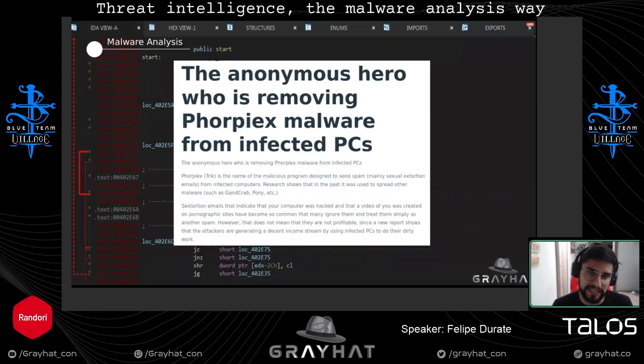So if the C2 server provides an update, it will install it. This guy did that, adding a binary that uninstalls the malware from the computers. Kind of creative solutions, but based on the flaws of the malware.